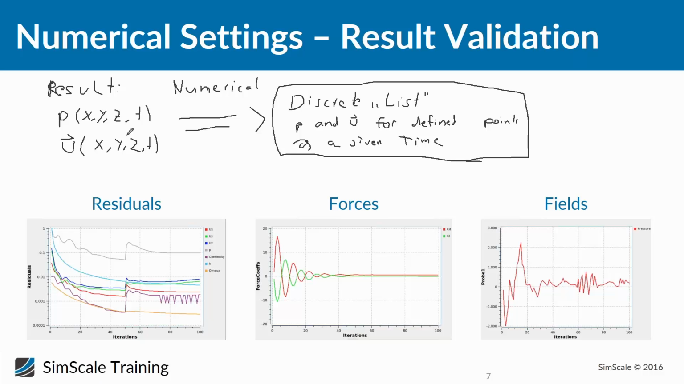And what is the aim, or when is a result a good result? And therefore, we can take a look at three things. First of all, let's take a look at the so-called residuals. This is just a residual plot I took for a random simulation. What you can see here is that on the x-axis, for all three charts, I have iterations,